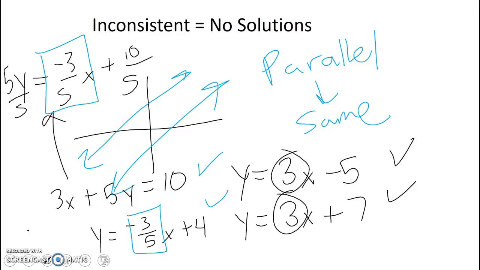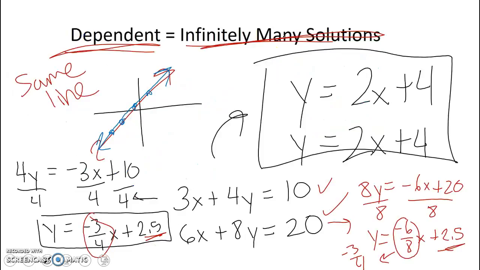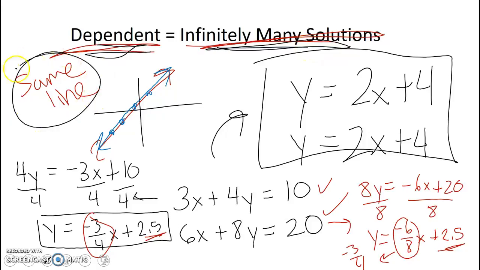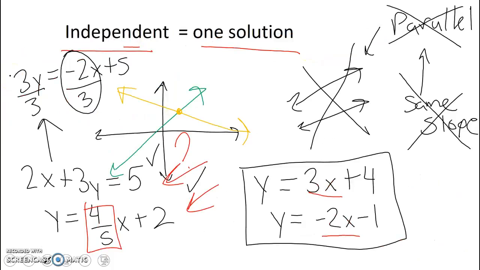So again, for these three things, you need to convert everything to slope-intercept form, and after you convert them to slope-intercept form, you can check whether it's inconsistent, meaning you have no solutions, it's dependent, meaning you have infinitely many solutions, or it's the same line, or last, it's independent,